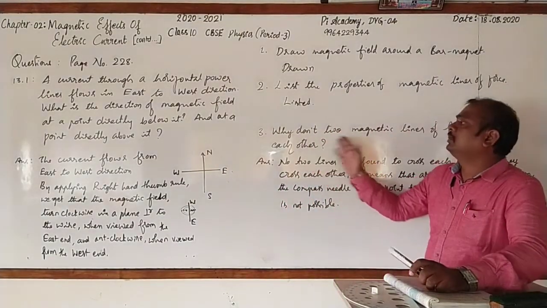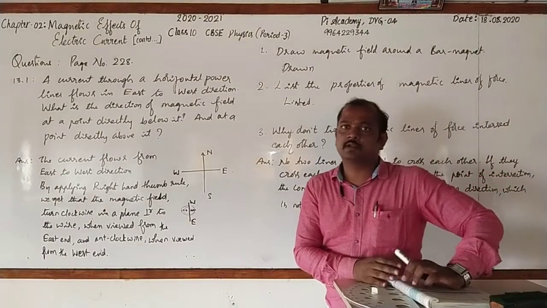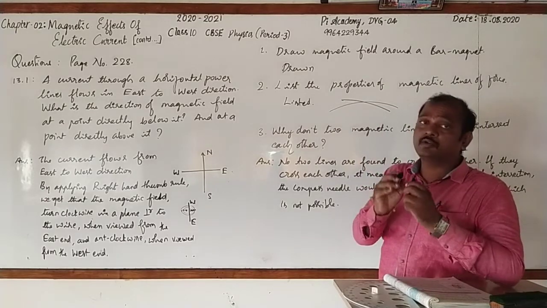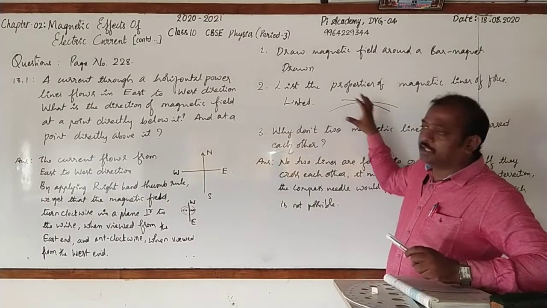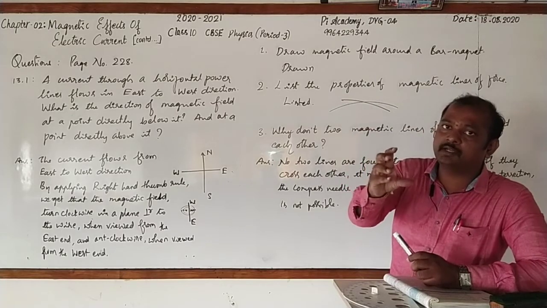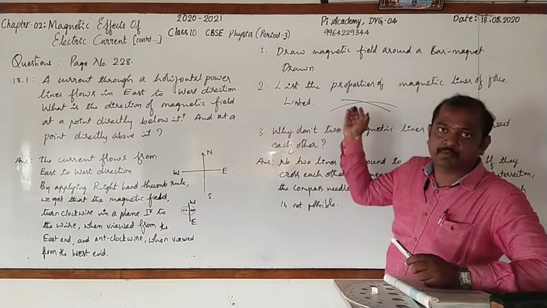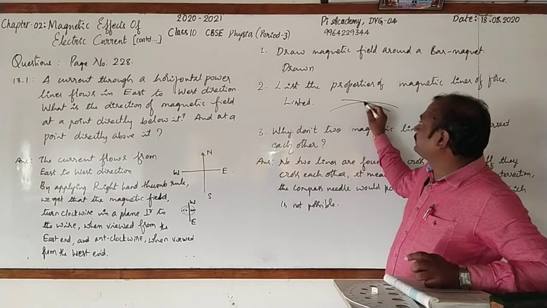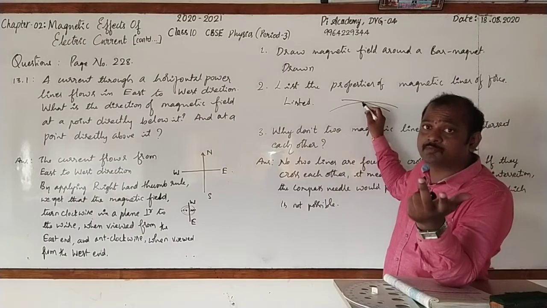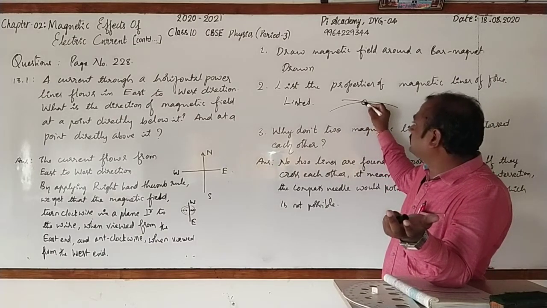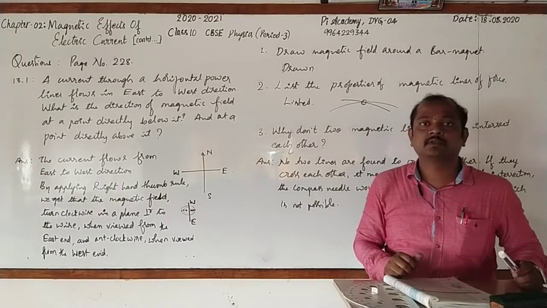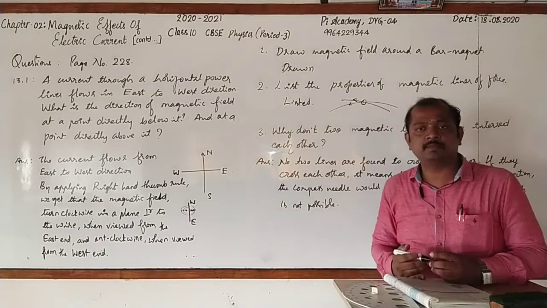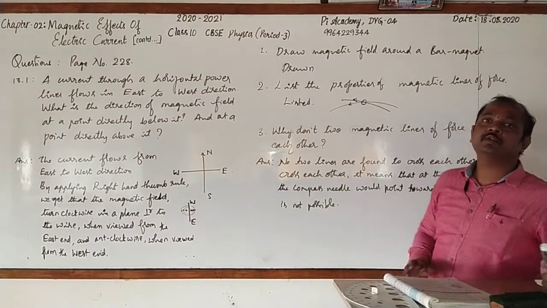Observe. Here the lines of force do not intersect each other. The reason is, we all know that when you place a magnetic compass in the direction of lines of force, it shows the direction from north to south, right? But if the lines of force intersect each other at a point, and you place the magnetic compass at this point, which direction does it have to show? It has to show two directions. Is it possible? Not at all. Hence, they do not intersect each other.